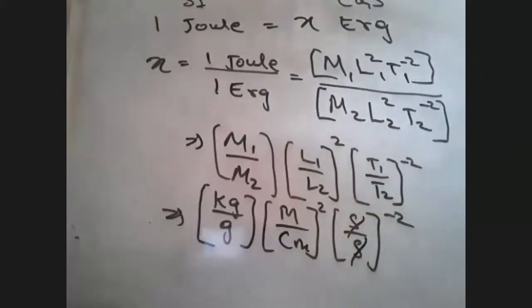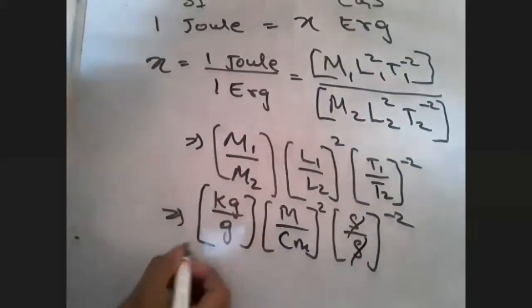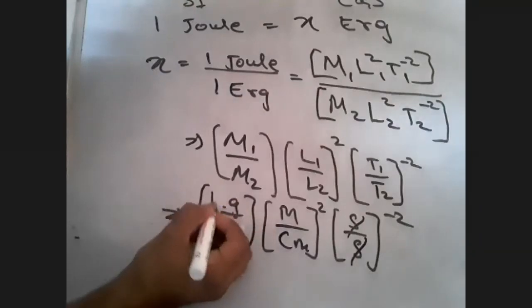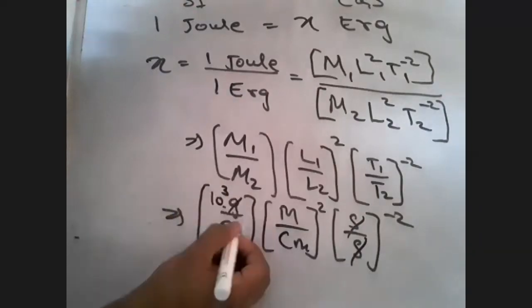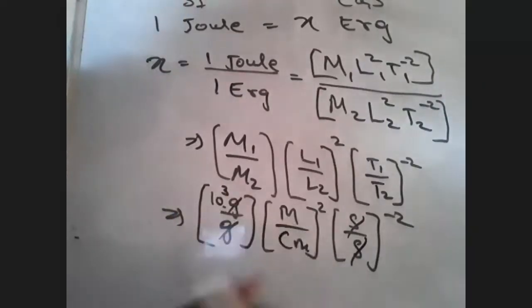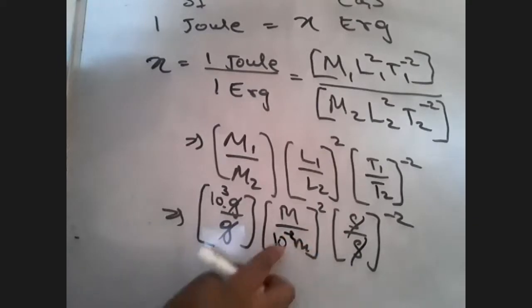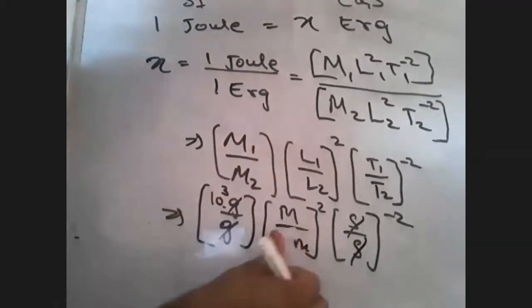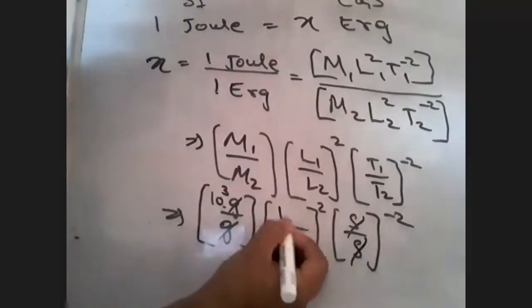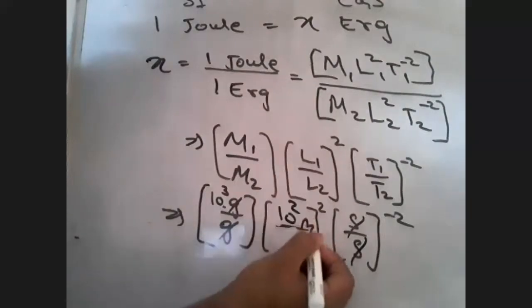So of course, we can see over here that k can be written as 10 raised to 3. So remove this and write 10 raised to 3 here. And then you can see gram and gram get cancelled. Meter, of course, centimeter c, you can write it as 10 raised to minus 2. When you write 10 raised to minus 2 here, you can take this 10 raised to minus 2 on top, and it will become 10 raised to 2. And meter again gets cancelled.